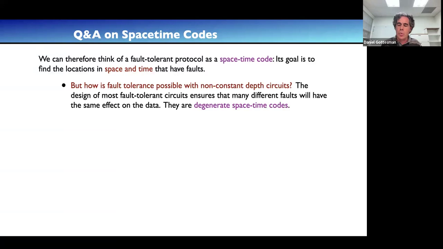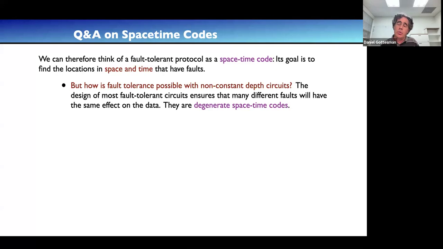So, one thing you might wonder, if we have lots of existing protocols, do they all have this constant depth property? And the answer is no, they don't. Many of them have fault-tolerant error correction procedures that grow quite substantially with the system size. And why should that be possible based on the argument before? The reason is because, in the old model of fault tolerance, we were not trying to identify what time it did. We used our control of error propagation to say that didn't matter.